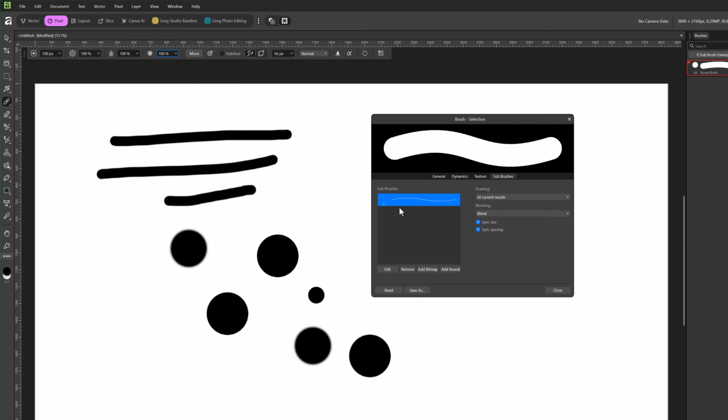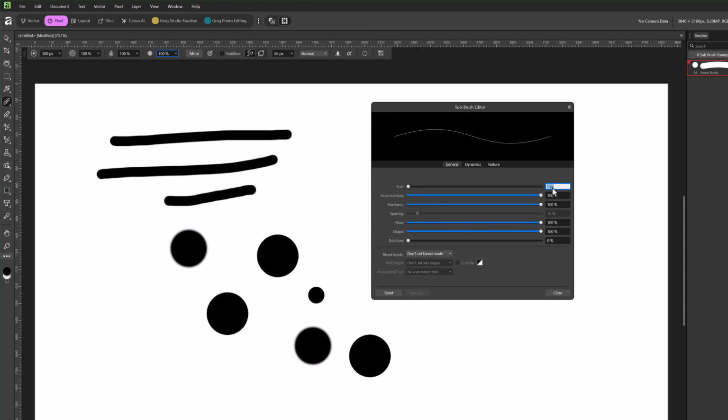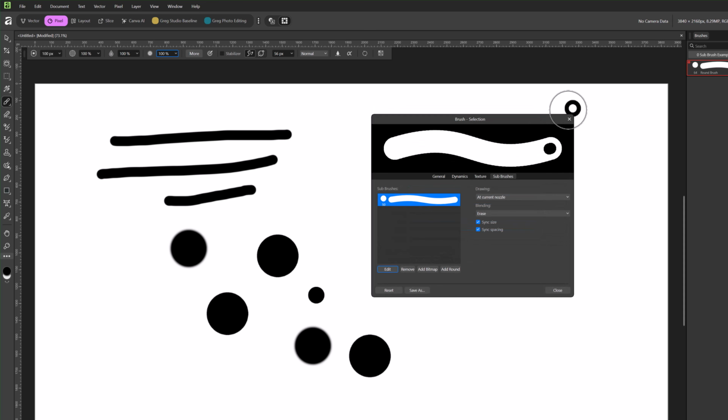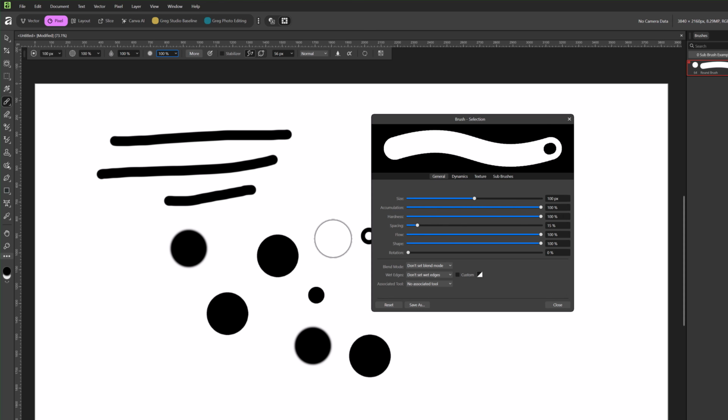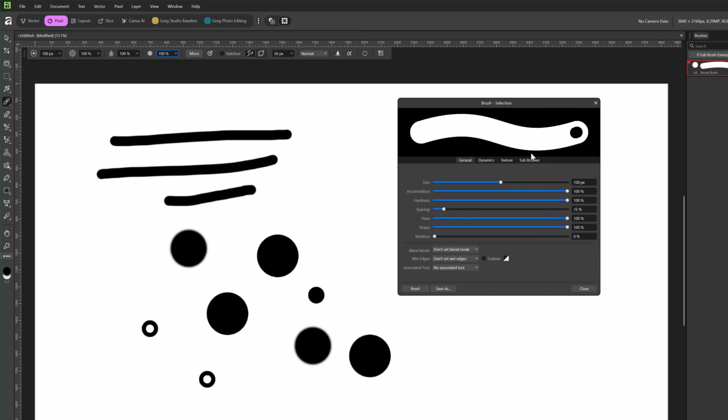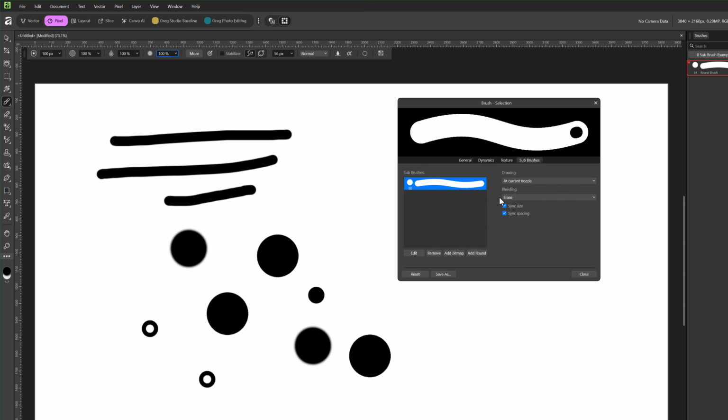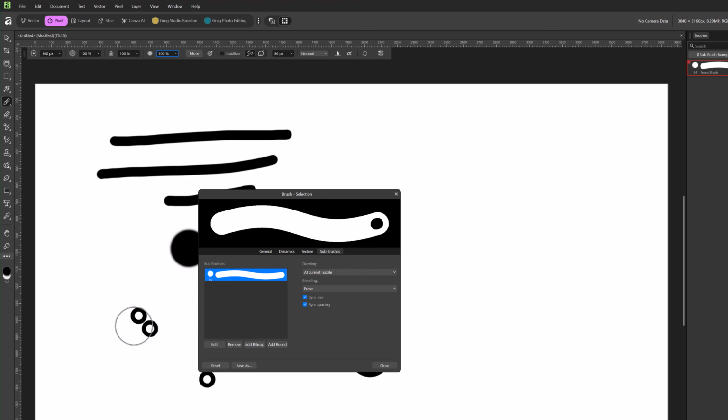Well, what if I change the sub brush setting here and I were to change the blending mode to erase? Let's also come in here, let's edit the size of this brush, and then let's make it 50 pixels. So now it's going to be half the width of our main brush. So this is a sub brush. We're set at 50. If I close that, we can see the main brush here. It has a size of a 100. And now when I stamp here, we see that we get this brush with a hole in it. And that is, again, because on our sub brush, we have this blending now set to erase. So let's see what happens if I actually draw out a stroke where I'm putting down multiple stamps,